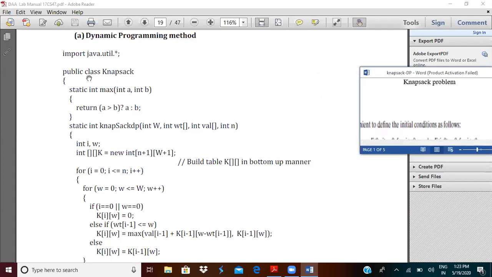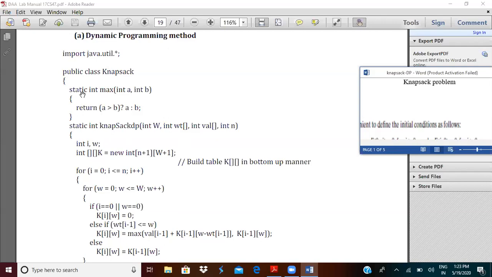Okay, public class Knapsack. Remember, in the main method, we are not going to create an object of this class. Why? Because wherever we have implemented the actual logic of this dynamic programming knapsack problem, in that method we have declared it as static. There are two static methods here.